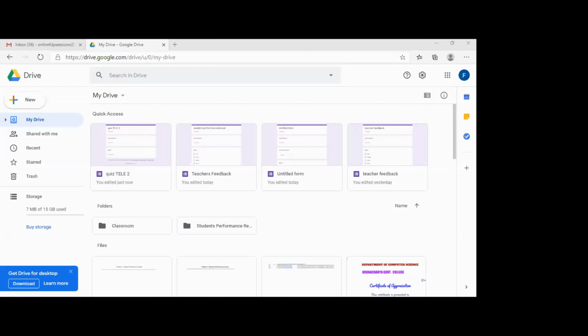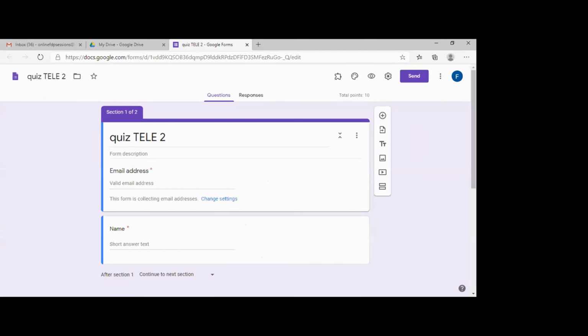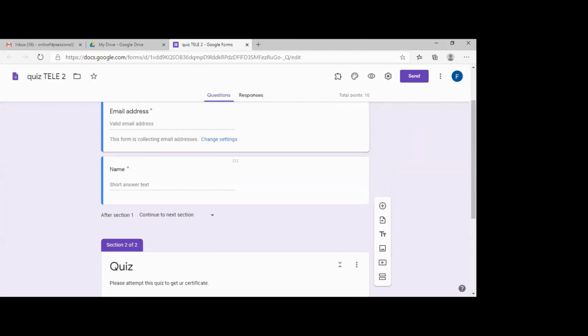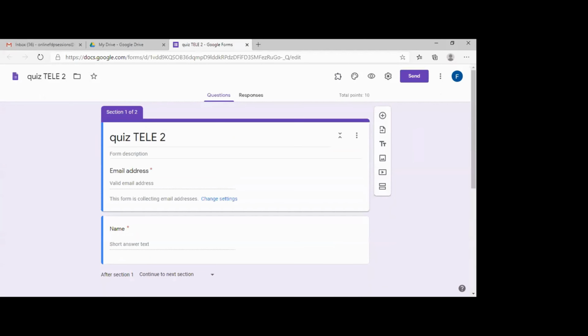If they score more than 50%, or whatever percentage you want, you can set it from 0 to 100%. If they pass, or just for a participation certificate, it's up to you. You can set the criteria. If they pass, they can get the certificate automatically. It will be generated automatically and sent via mail.